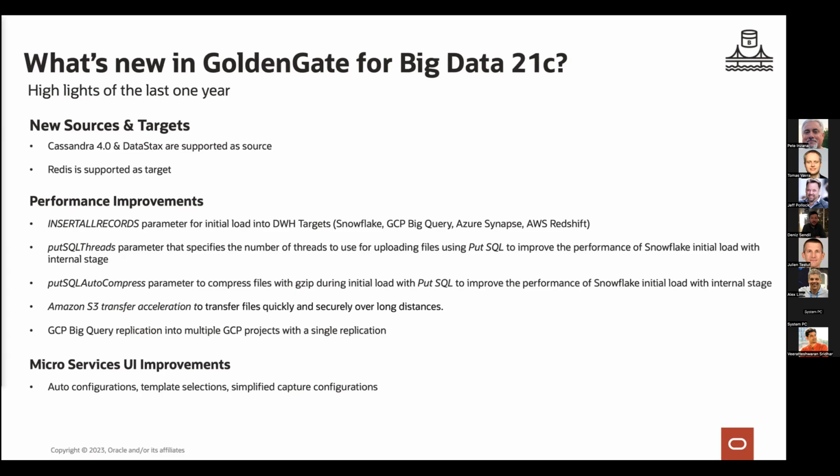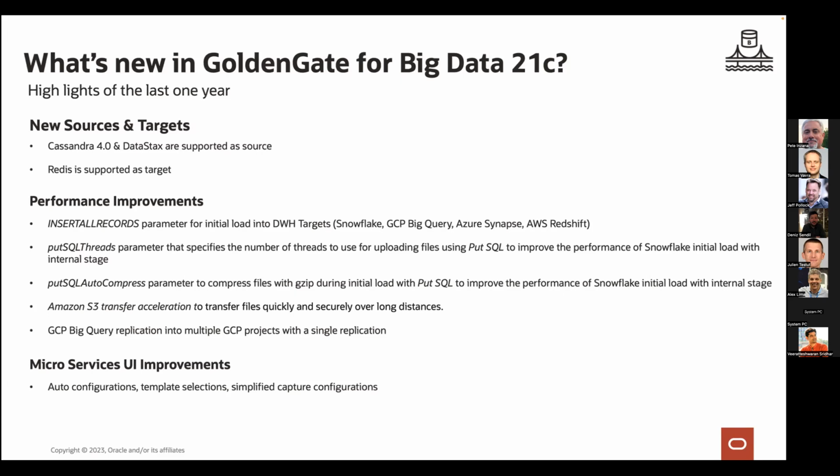If you're curious about how much improvement we get with the insert all records parameter, I can give you an example. I was working with a customer a few months back, and they were testing replicating into Snowflake. They were running both initial load replication as well as CDC replication. In the beginning, they were using GoldenGate for Big Data 21.4, and they had a table which was nearly 74, 75 gigabytes. With 21.4, it took them around 6 to 7 hours, unfortunately, to complete the